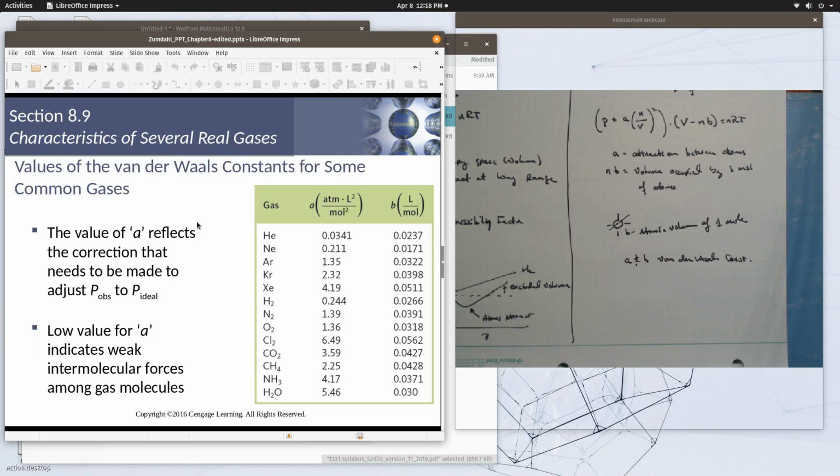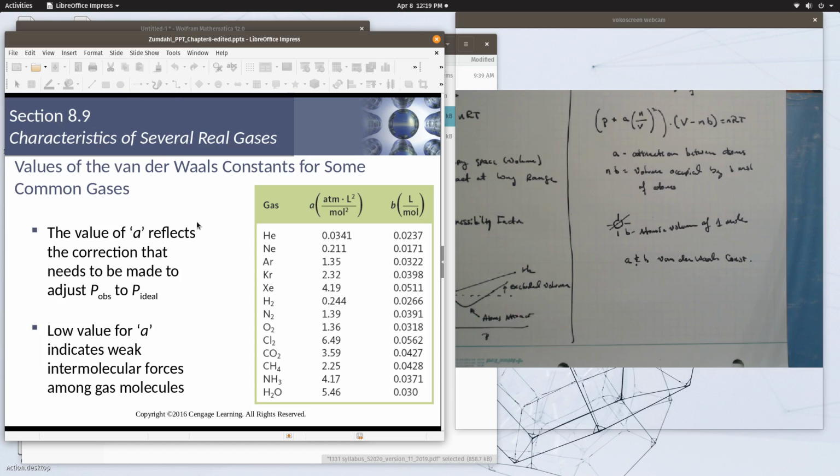These are the a and b constants for various van der Waals constants for different species, and they vary all over the place. Again, it's the correction. And we can derive this directly from a mean field theory for the interactions between gas molecules. So we can derive what that quantity happens to be specifically, and likewise, b is simply the volume